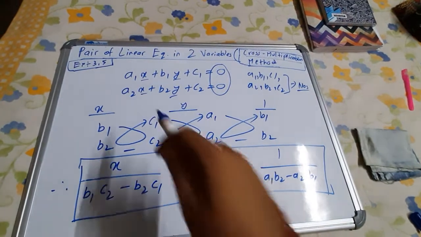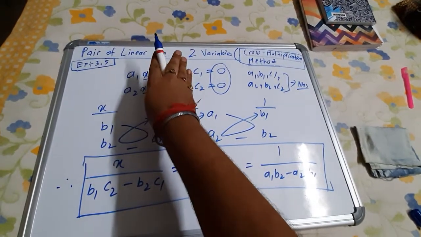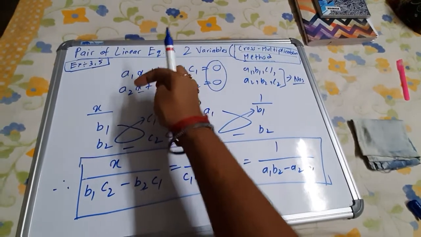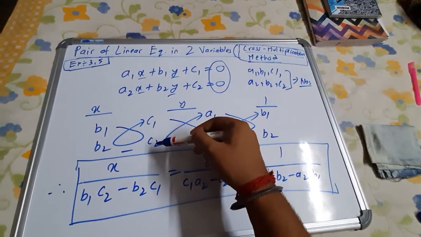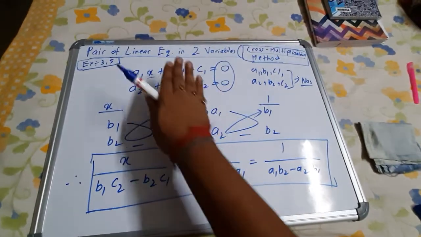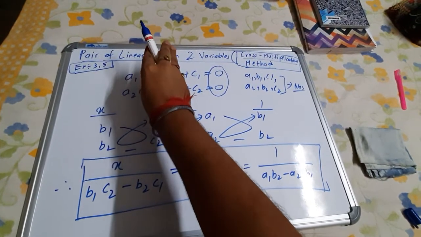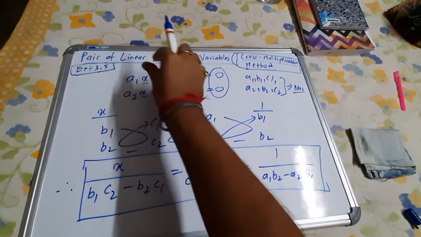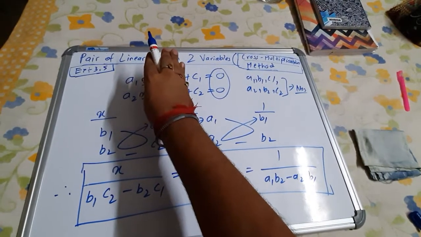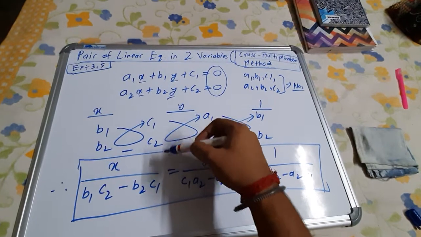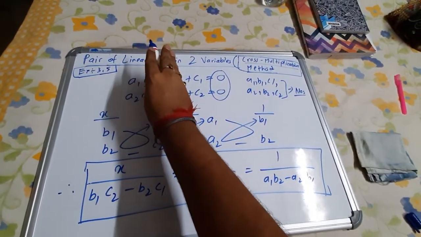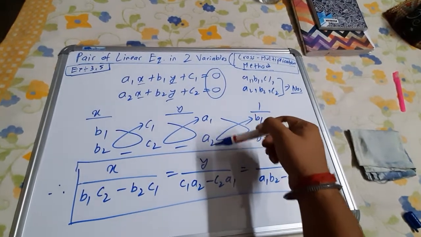Now again, what comes after x? Y. Cover y. After covering y, what can you see? c1, c2, and over here a1, a2. Now c1, c2 is already present, and if I write it again it will overlap, so we just keep c1, c2. Just look at the coefficients, not the variables. Since c1, c2 is already present, we skip it, but we write a1, a2.